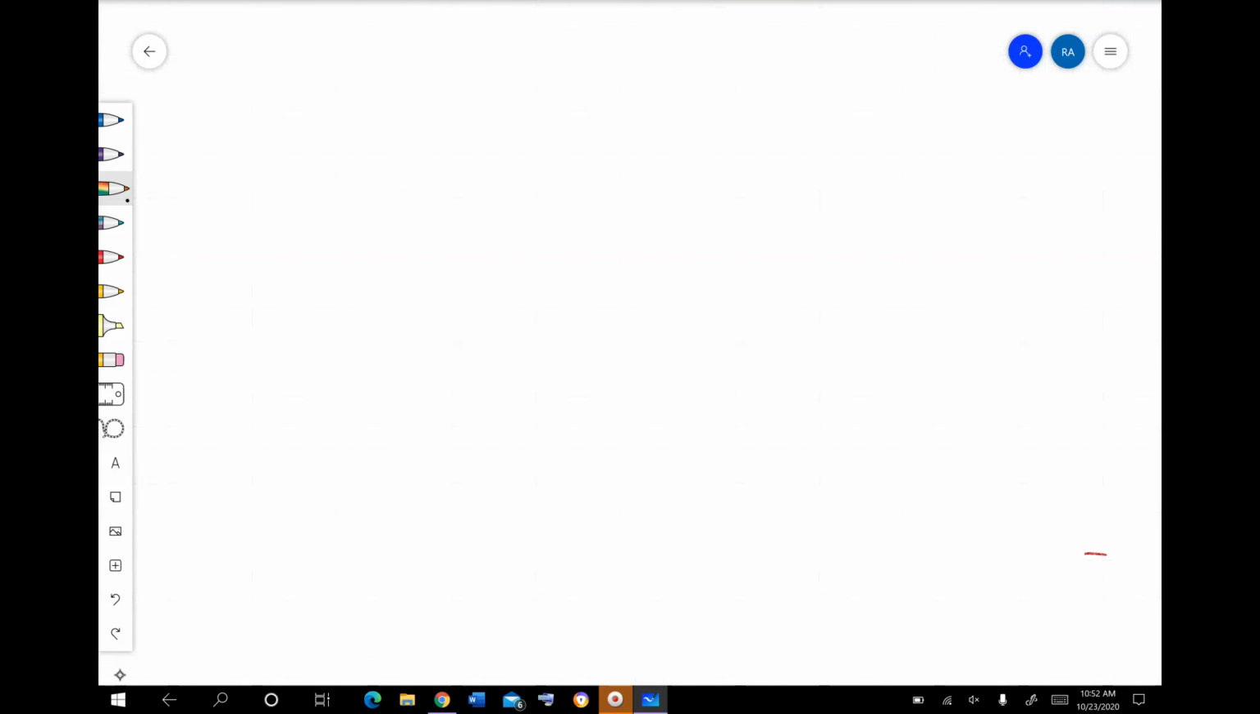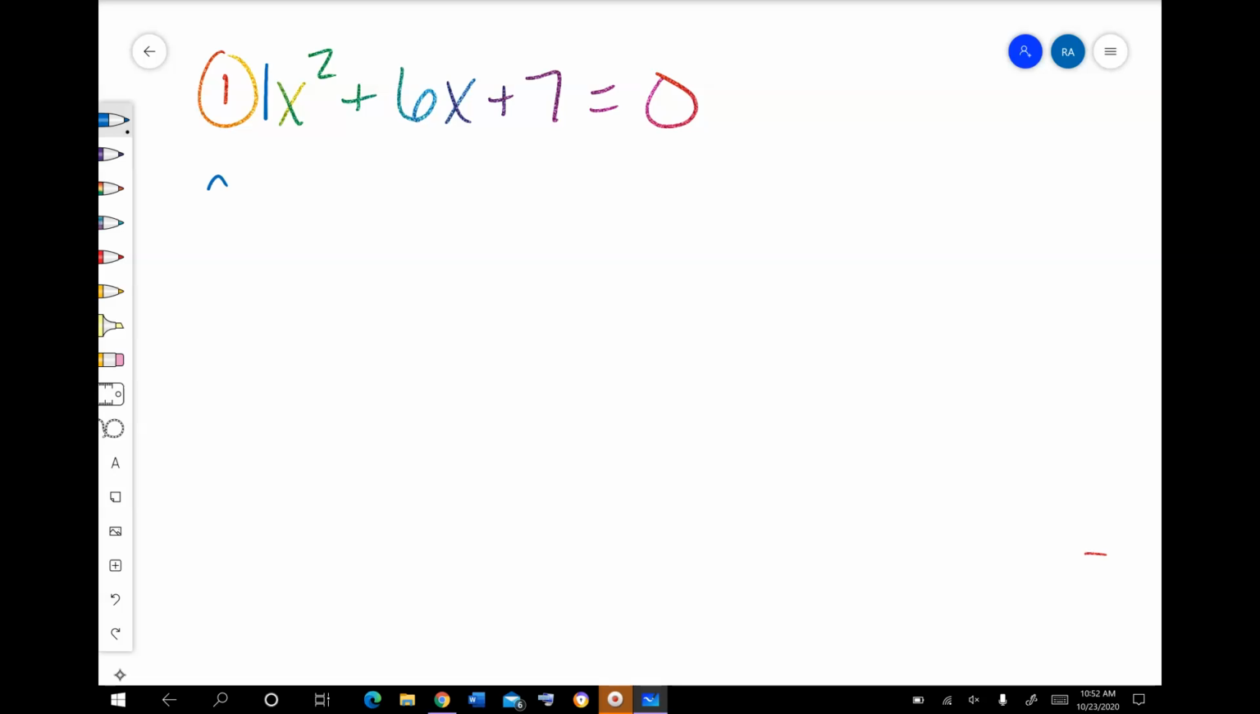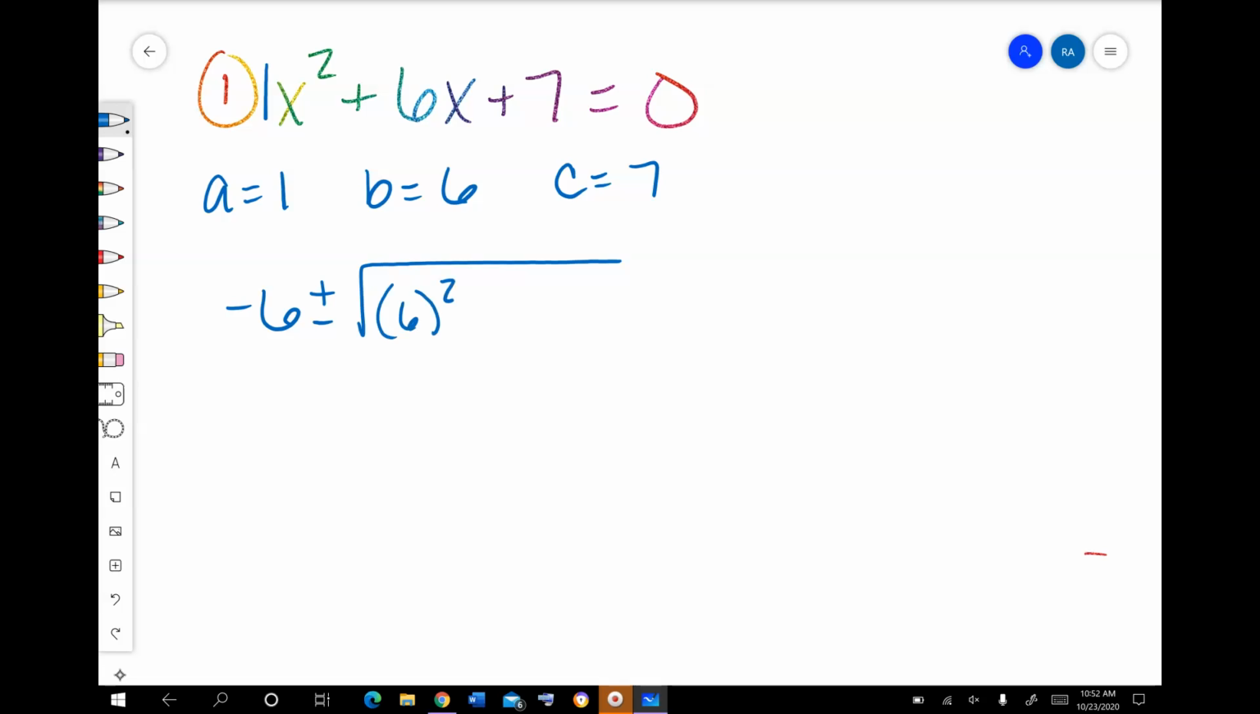So number 1 is going to be x squared plus 6x plus 7 equals 0. There's nothing in front of this x squared, but we know it's an understood 1. So my a here is 1, my b is 6, and my c is 7. So we're going to plug that into the formula. It's opposite b plus or minus the square root of b squared minus 4 times a times c all over